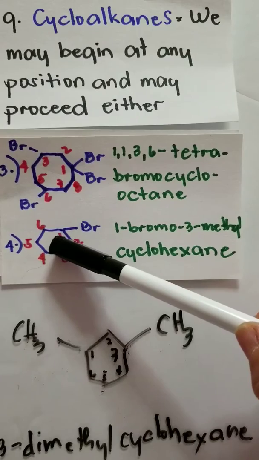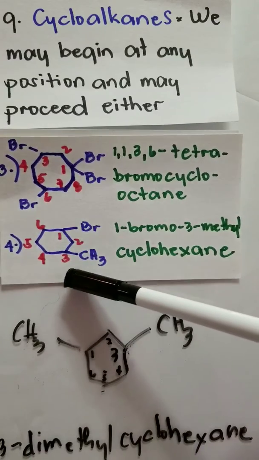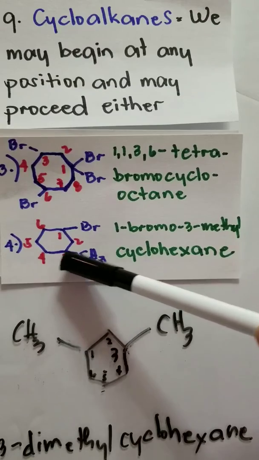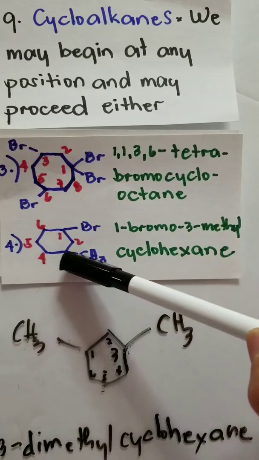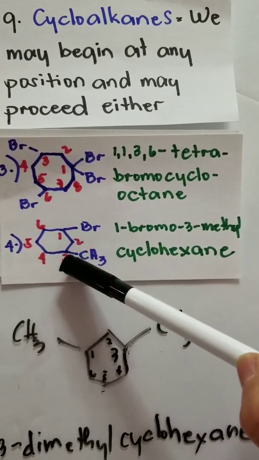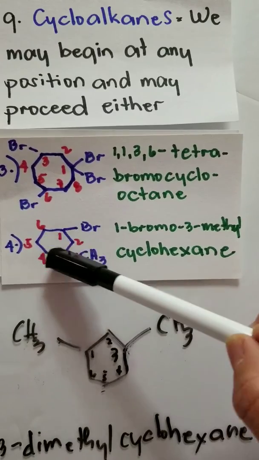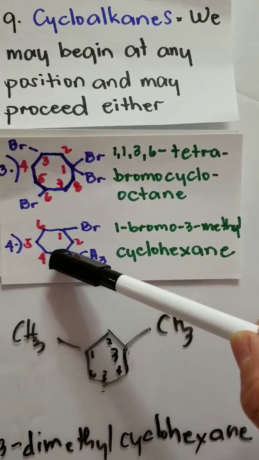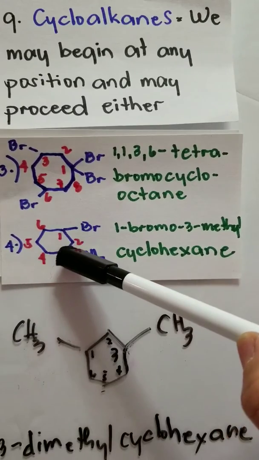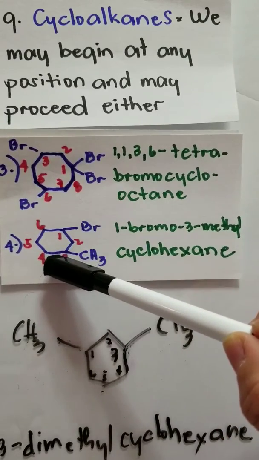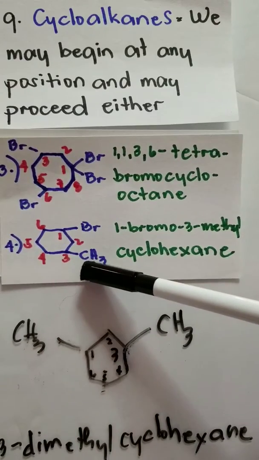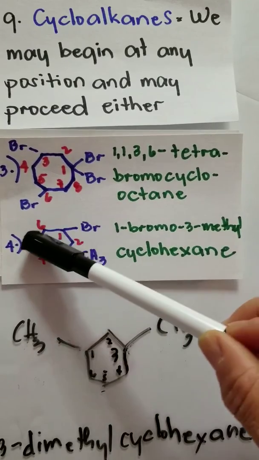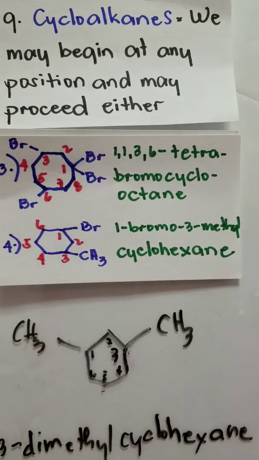Because your bromine is attached to your first carbon atom, 1-bromo. 3-methyl. Why? Because your second group, the methyl group, is attached to the third carbon atom. Cyclo, meaning you have a closed ring structure, and the prefix cyclo. The total number of carbon atoms in your structure is 6, and you have single bonds in this structure. So therefore, your suffix is -ane. So cyclohexane: 1-bromo-3-methylcyclohexane. Okay? Now, for the preparation of